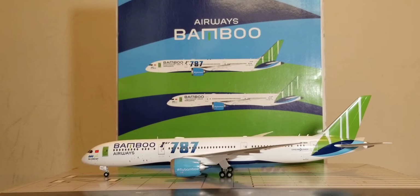Then fast forward nearly 3 months later, and that's when Bamboo Airways' first inaugural international flight on this aircraft actually took place, which was on March 29, 2020, and that's when Bamboo Airways officially began utilizing this aircraft on their Hanoi, Vietnam to Prague, Czech Republic route, which actually became the airline's first long-haul destination route outside Vietnam, as Phuket, Hanoi, and Ho Chi Minh City have become the actual gateway bases for this particular aircraft type,